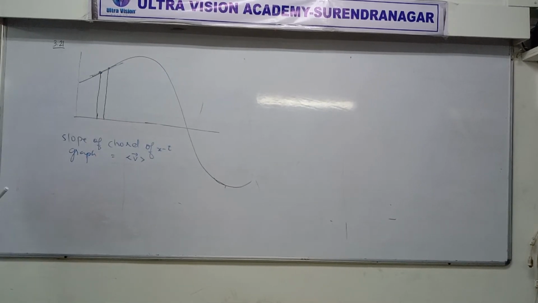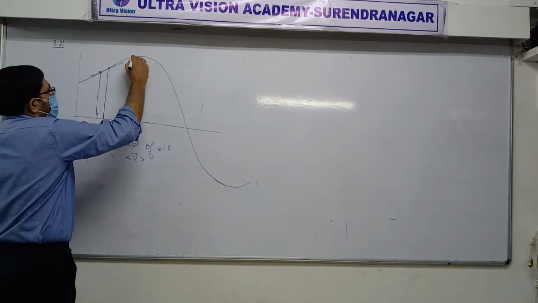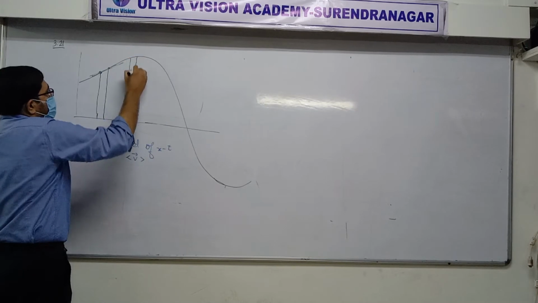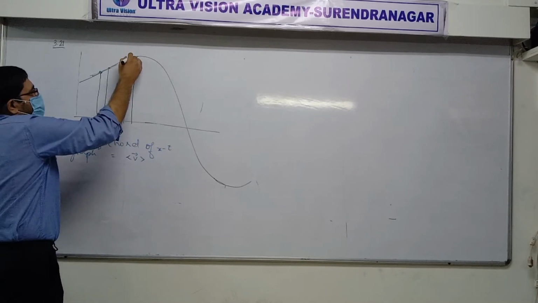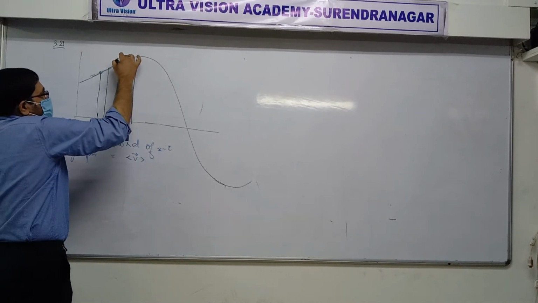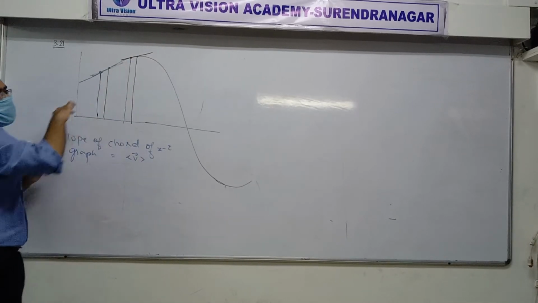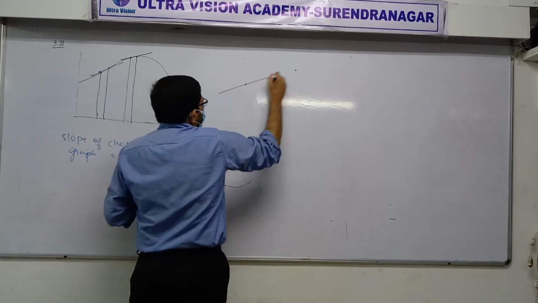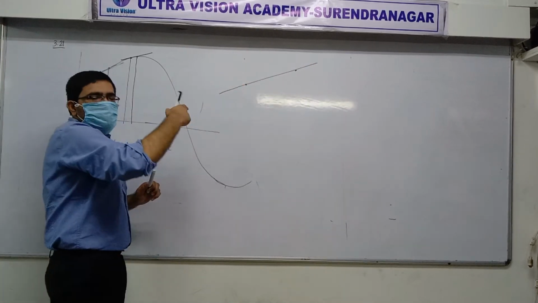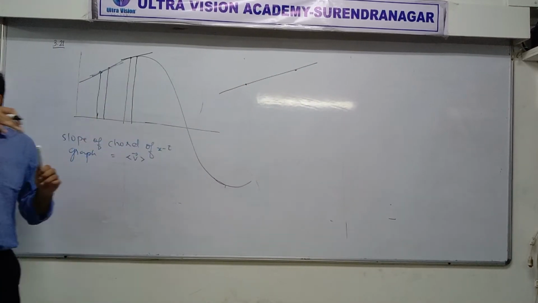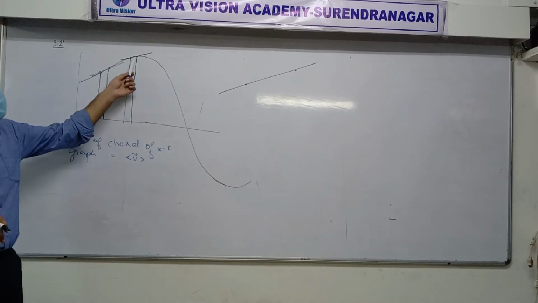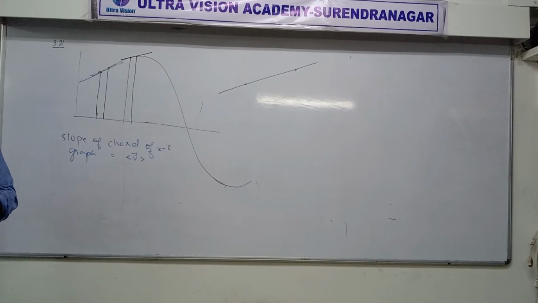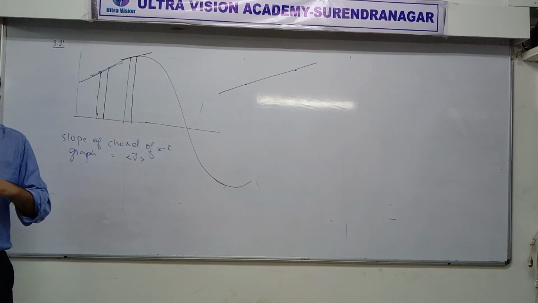Yes or no? Where the second one starts is a little bit lower. So still, if I take the initial point and the final point and draw a chord, the chord will always have a positive slope. Obviously, it starts lower and then goes higher. Then the chord is like this. Correct or not? Do I come downward? Got it? So here, what do you think is the slope of the chord? Positive, negative, or zero? Positive. So average velocity is positive.